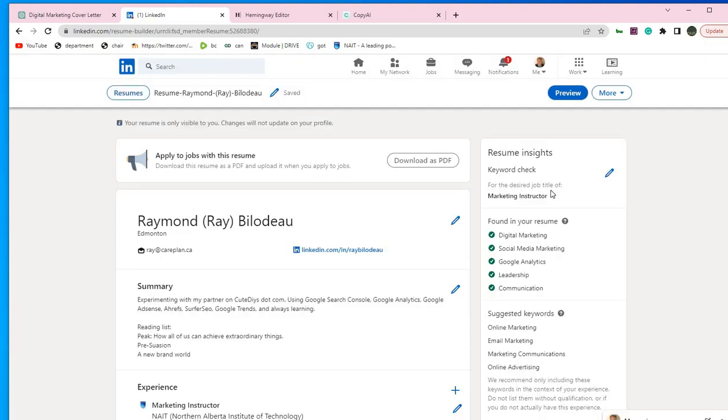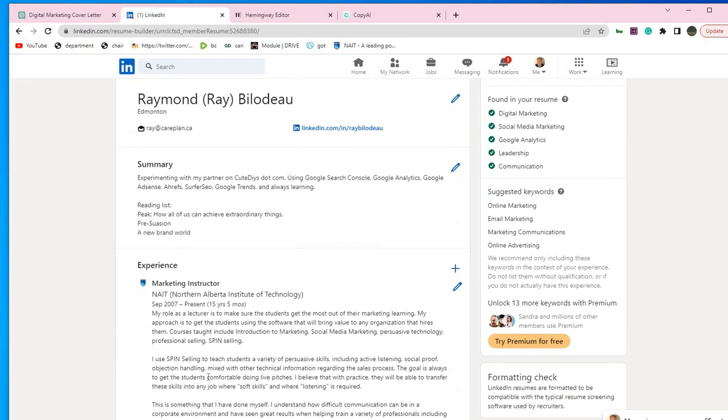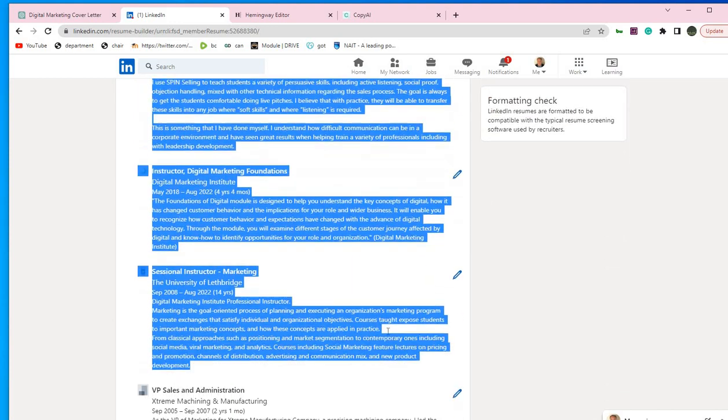Here it says, if you're a marketing instructor, the jobs we found that were titled marketing instructor included these keywords that we also found in your resume. These are the top keywords we found in your resume that are relevant for your desired job title. However, we also noticed these are the top keywords you can consider adding to your resume that are common both to your desired job title and past experience. And this is the reason why we might want to do this. We might want to actually say, hey, here's my background, and I'm going to use a tool called